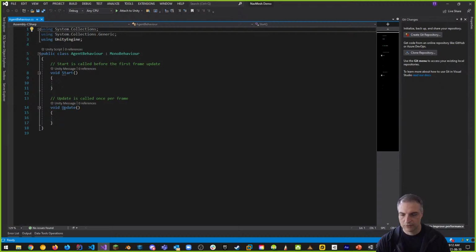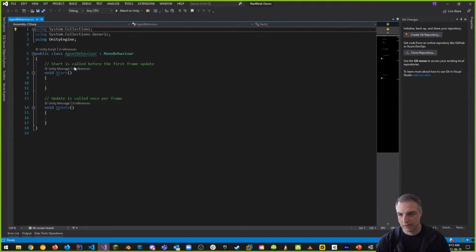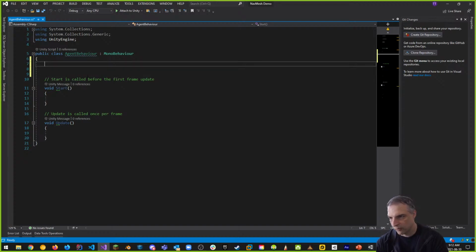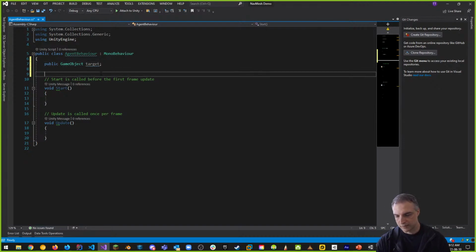So in the start function, you want to do a couple things. I want to get a reference to the target object, which is my target. So let's just do a game object. And we'll make this public, make it nice and easy. Public game object, which is the target. Okay, that's the target. And then what we can do, I can attach this agent behavior to my